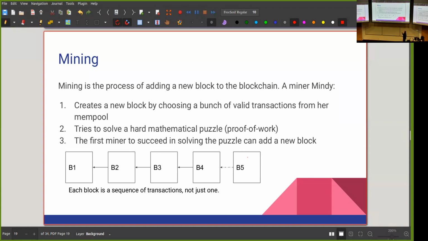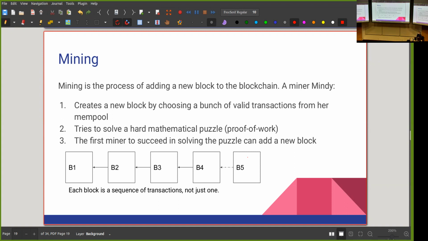So instead of just saying that people can tell me their transactions at any time, we say that they have to give me these blocks. And whenever someone wants to add a new block, they have to prove that they have solved a hard puzzle. And solving a hard puzzle, of course, takes a lot of energy. It takes a lot of computational power. So now it's hard to add new blocks. You have to spend a lot of computational power.